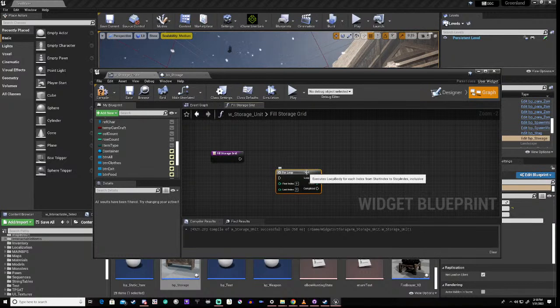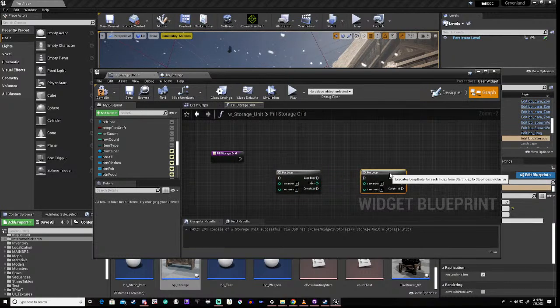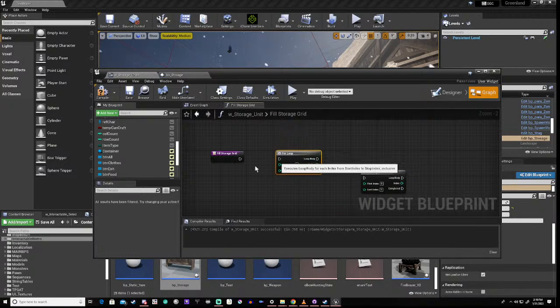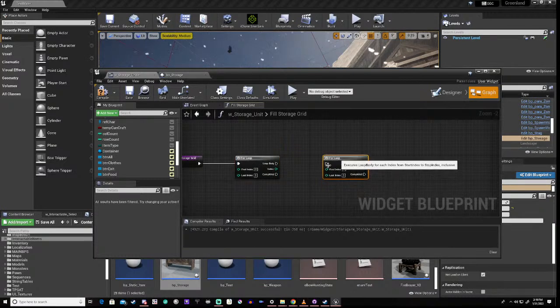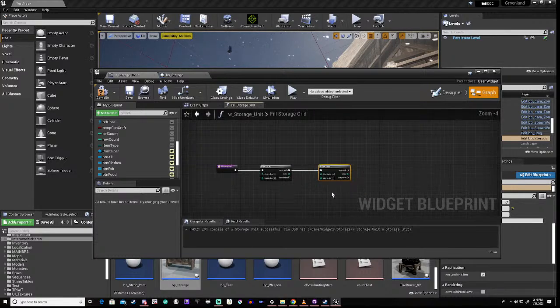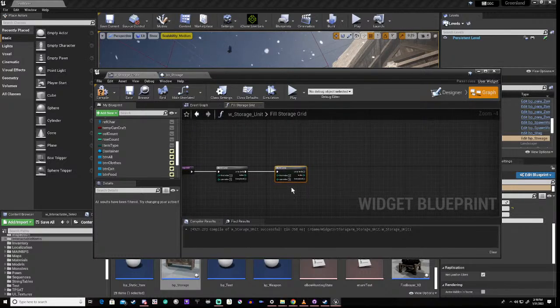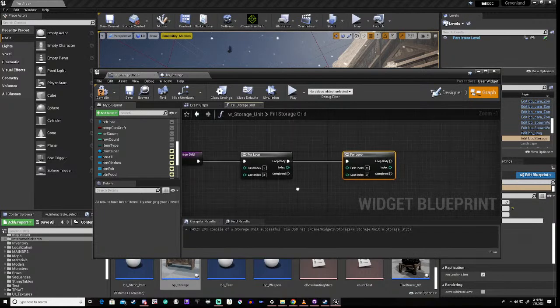Then we're doing another one. And that's going to be 0 to 3. Right? So we're going to do this part, and then what we're going to do is this is going to be the row and this is going to be the column. Okay,